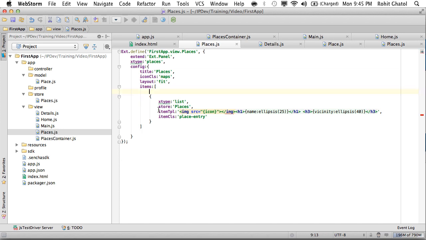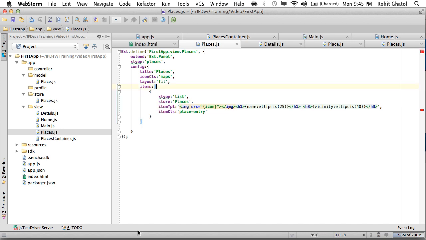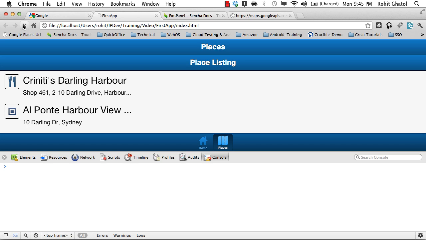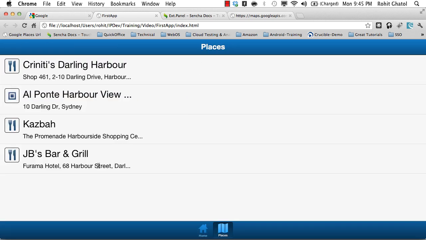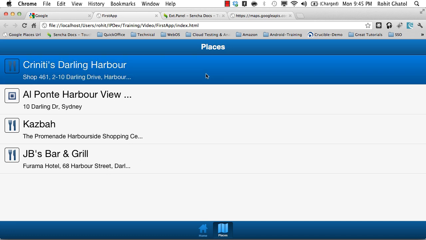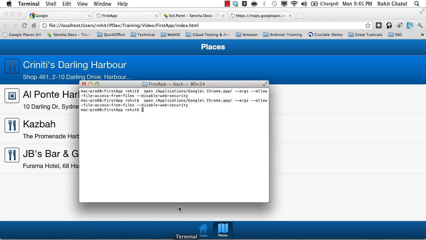So I'm going to remove this part from over here and refresh things again. That looks much better. Now what I want to do is, when I click on this particular person, I want to navigate to my details view. For doing that,